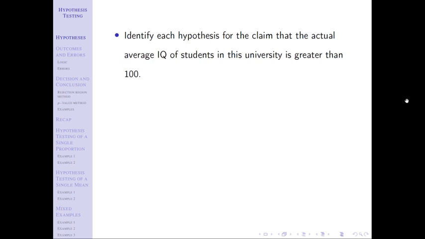So my claim in this case is the alternative, because I don't have to remove an or equal to, because my claim didn't have an or equal to. And thus my null is just the opposite of that. Same parameter, same number, but now my symbol is the exact opposite. So I need to flip the direction and then add an or equal to, which leads me to these hypotheses.